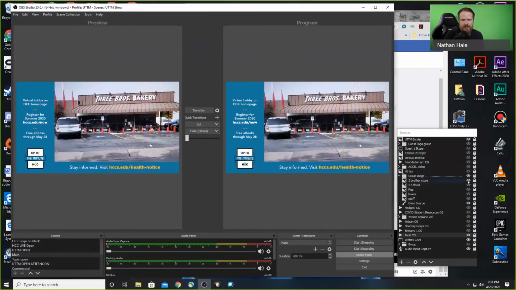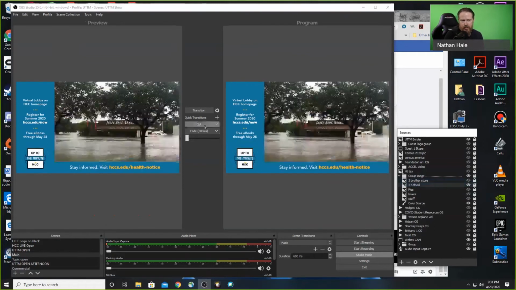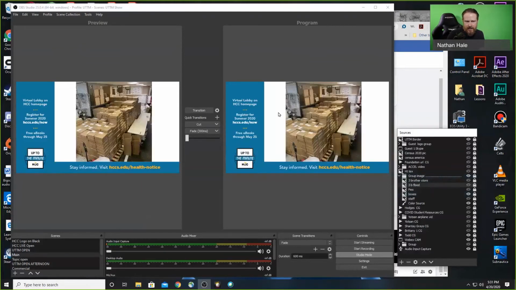But the problem is, if I now decide I want to go to another image, it's not going to let me do the preview. It will automatically hot swap because this is in a group. I'd have to have each one of these images separate. And in the case of needing a white background because they're like this and don't properly fill the frame because they're portrait style, for example, as opposed to landscape photos, I now have to create an individual group with a color source background for each one of the images,